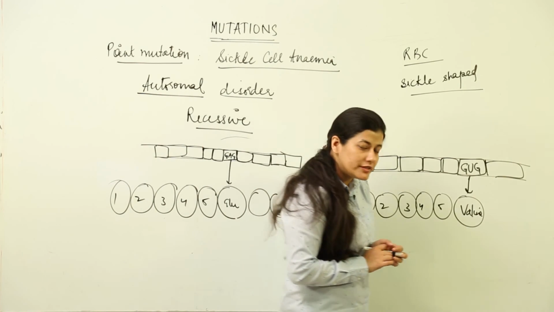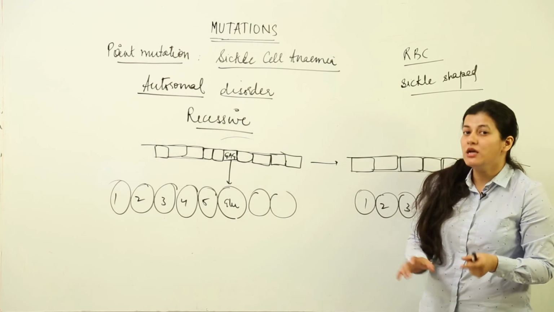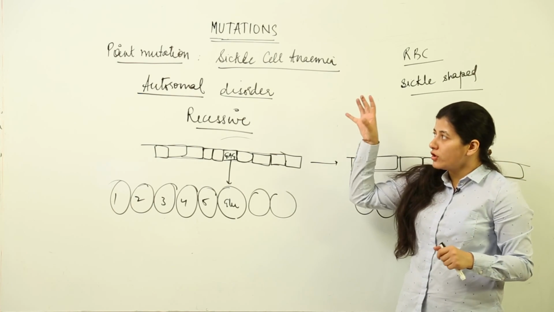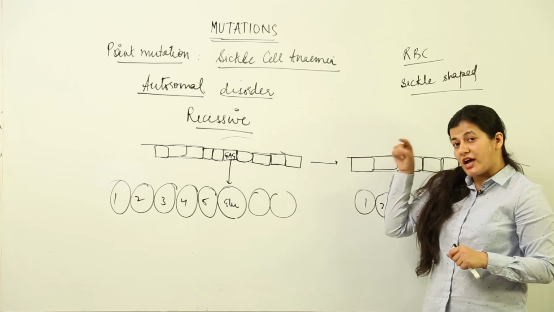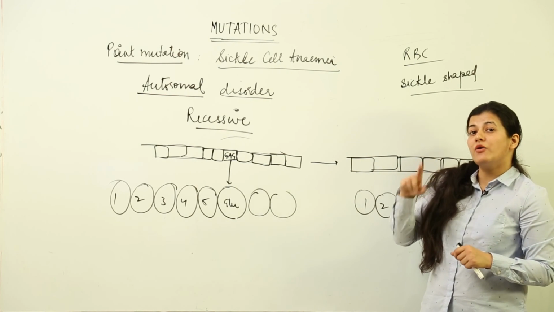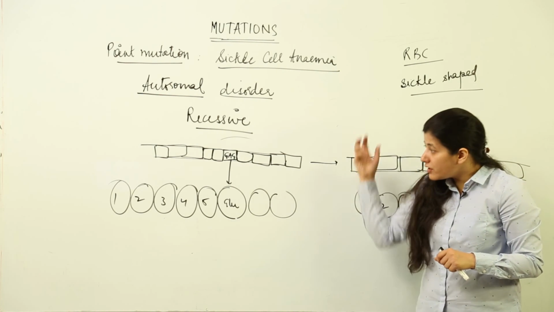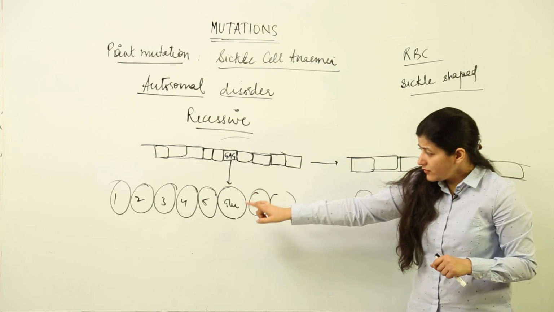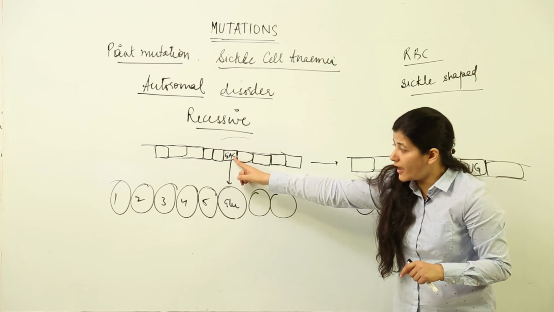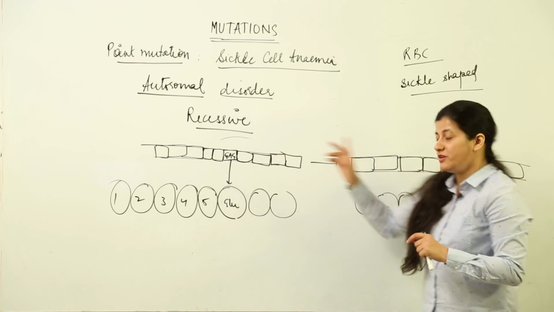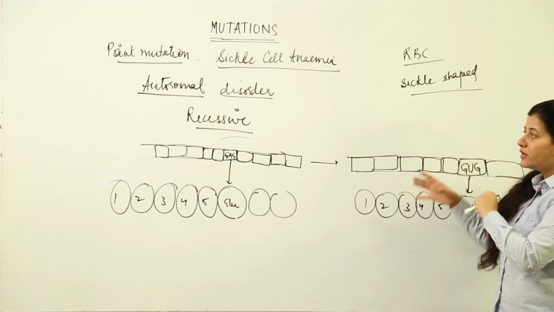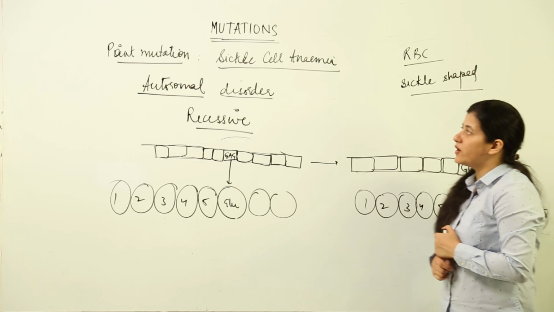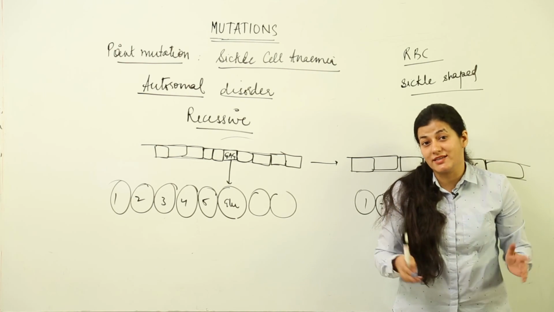This is what you have to know about sickle cell anemia, but I would suggest you not to see this topic from the point of view of what the disease is causing. You just have to see it from the point of view of how the mutation is changing everything that was supposed to be by just altering one point, that is A has been replaced by U, and see the ramification that it brings. So this is to be kept in mind while you study sickle cell anemia as an example of point mutation.